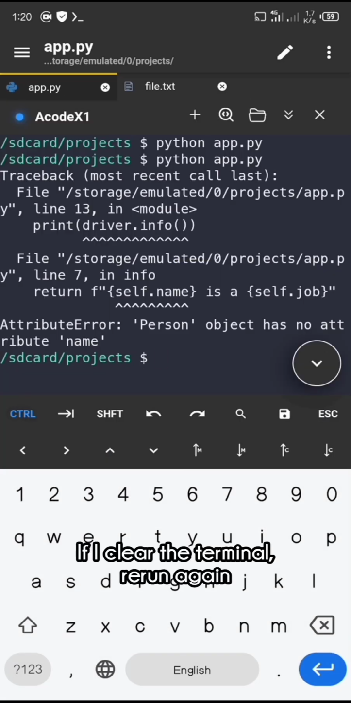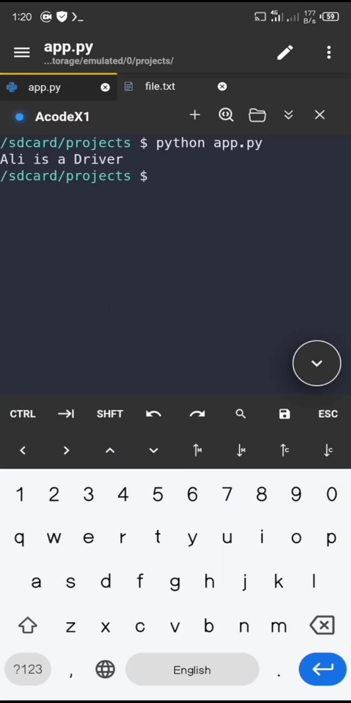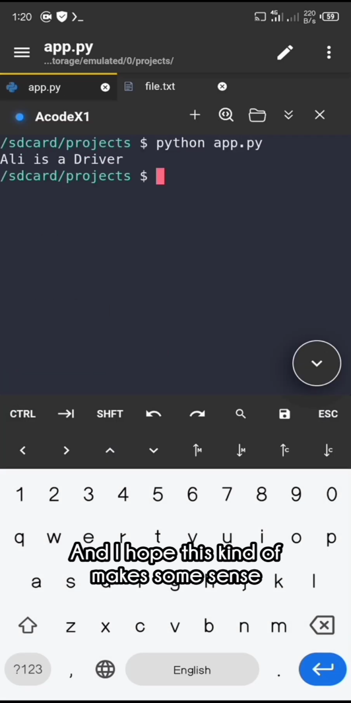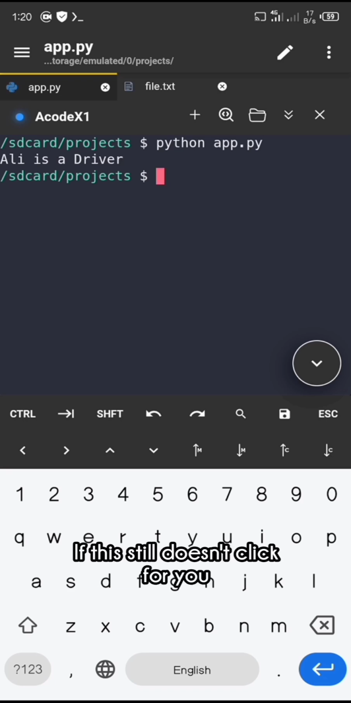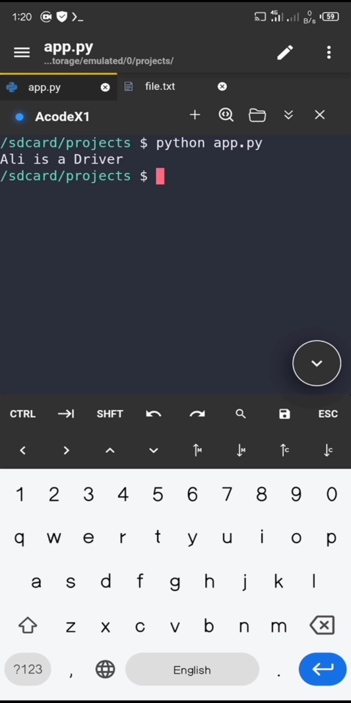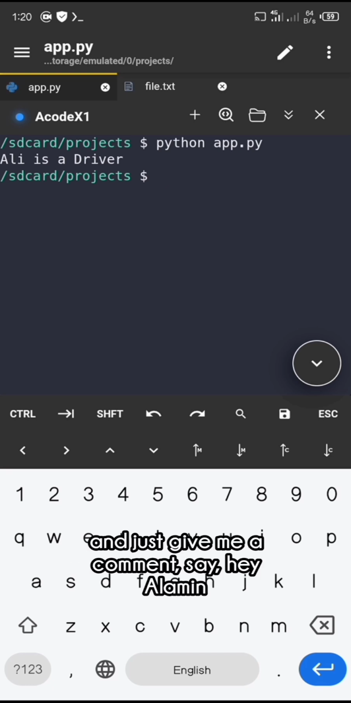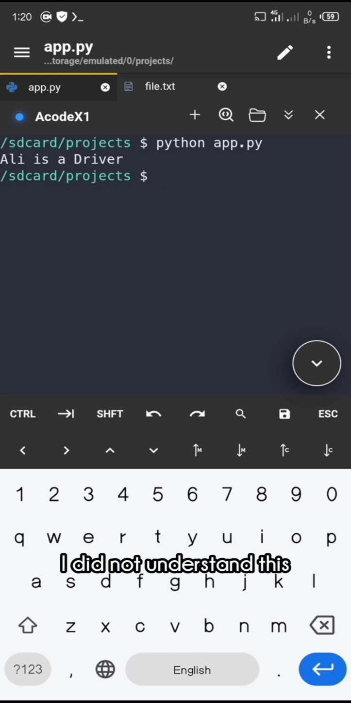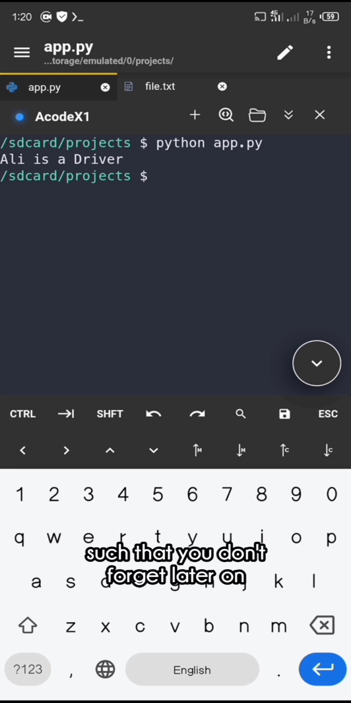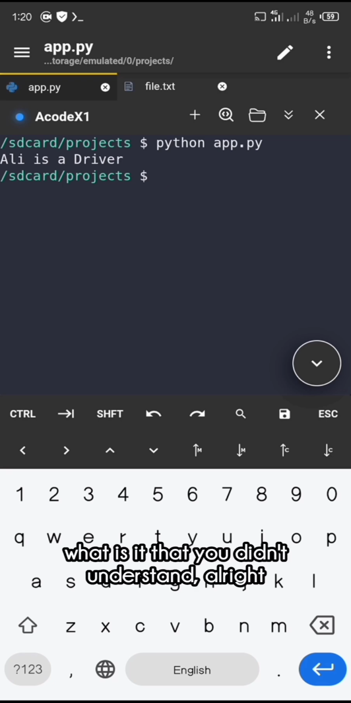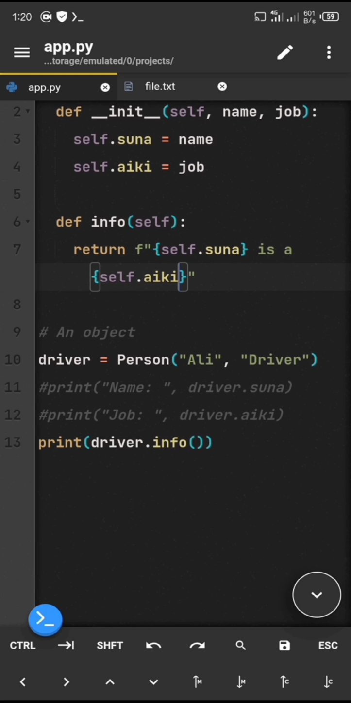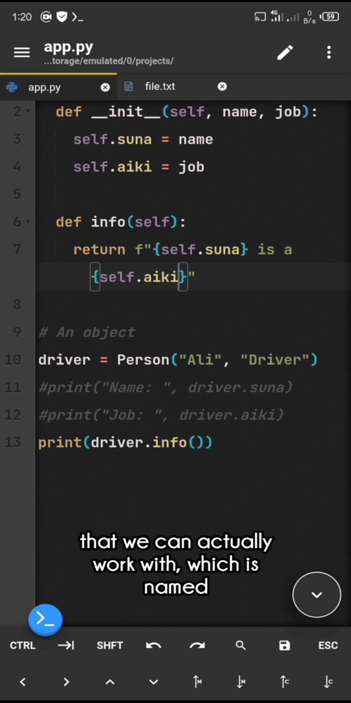So here, if I clear the terminal and rerun again, there we go. You see Ali is a driver. And I hope this kind of makes some sense. If this still doesn't click for you, let me know in the comments. What is it that you don't understand? Why are you confused? What did I say that made you confused? You can pause the video right now and give me a comment, say, hey Alamin, I did not understand this and did not understand that, such that you don't forget later on what it is that you didn't understand, all right? So with this, we now have one person object that we can actually work with,